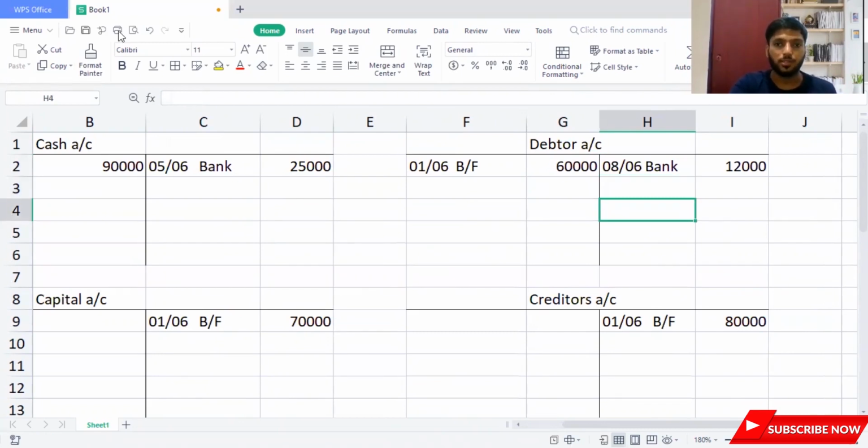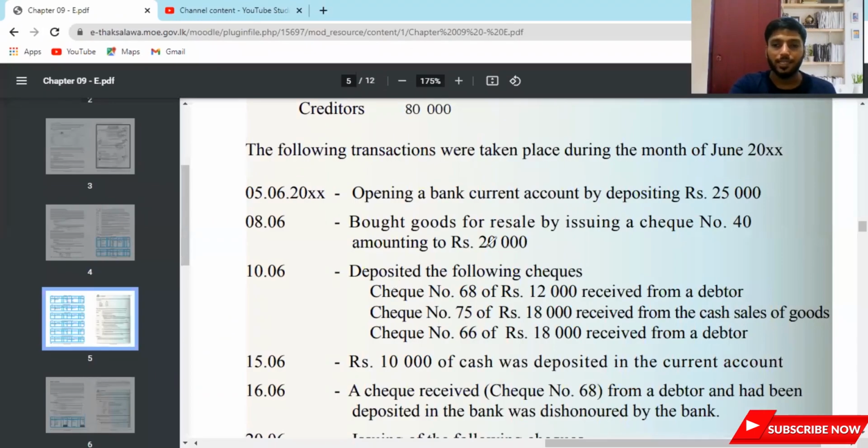Then we move on to the next adjustment, same adjustment, but the next number, 75: 18,000 received from the cash sale of goods. Now you can record this in two ways when you get a check on a cash sale of goods. Do I record it in the cash account or in the bank account? This is a doubt many students have. I remind you, when you have a cash check, record it in the bank account rather than taking it to the cash account and then transferring it to the bank account. It takes a lot of procedures and four double entries. So it's better to take it to the sales account as well as the bank account.